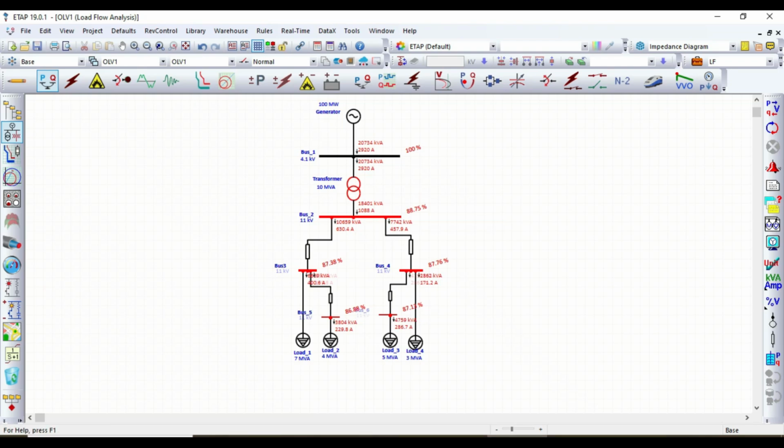Similarly, here also the option is the impedance diagram in the single line diagram, and we can also view the impedance data. For that, go to the top right corner for the impedance diagram and select it. After selecting it, click toggle the data block to show the impedance data. So here we will get all the impedance data from the entire system. This is the generator data, this is the transformer data.